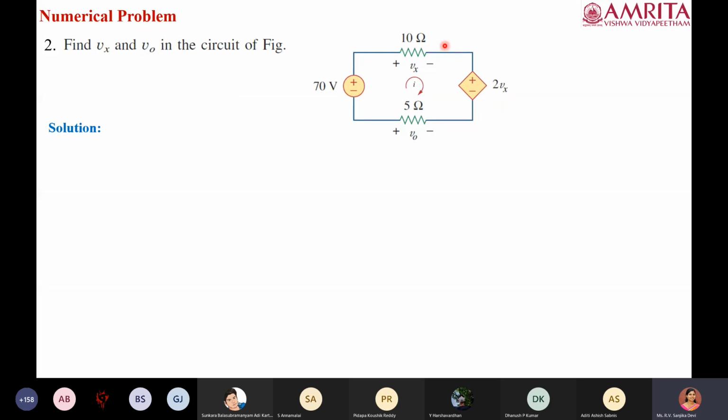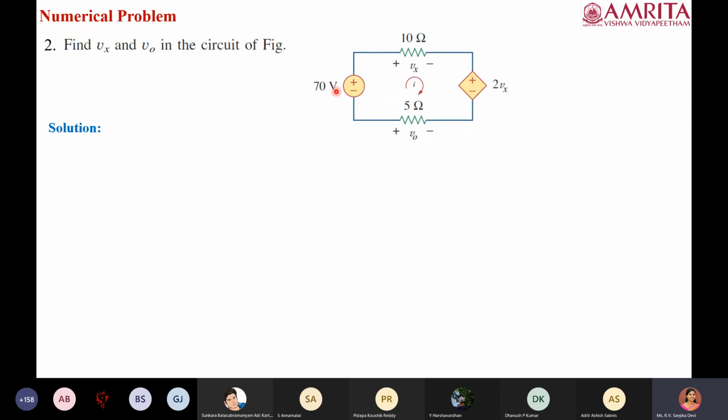Here, forget about the convention they have already mentioned. Whenever a current flows through a passive element like a resistor, there will always be a voltage drop, because resistors always dissipate energy. So there will always be a drop in potential. We have to keep this in mind whenever we write any equation.